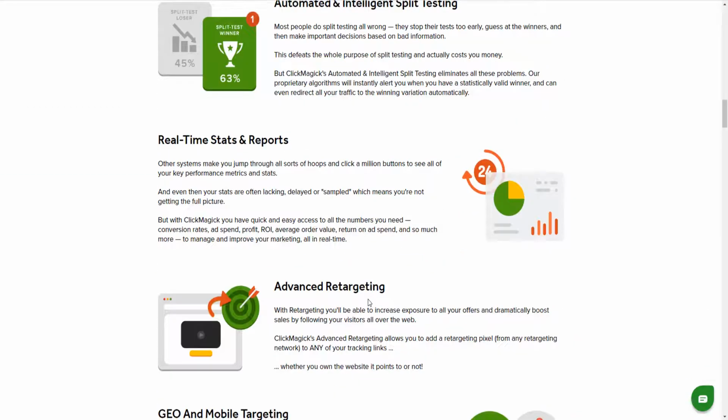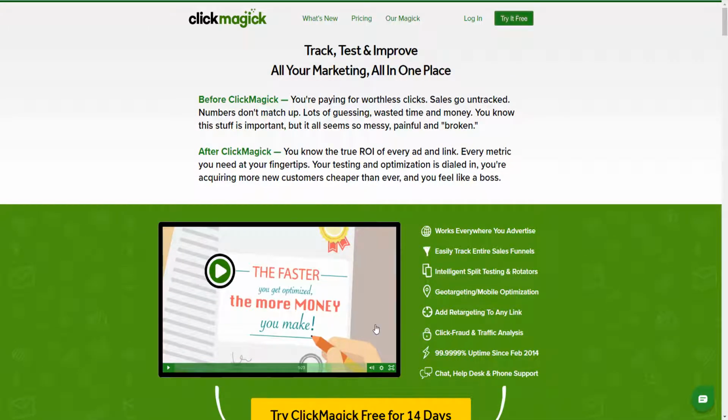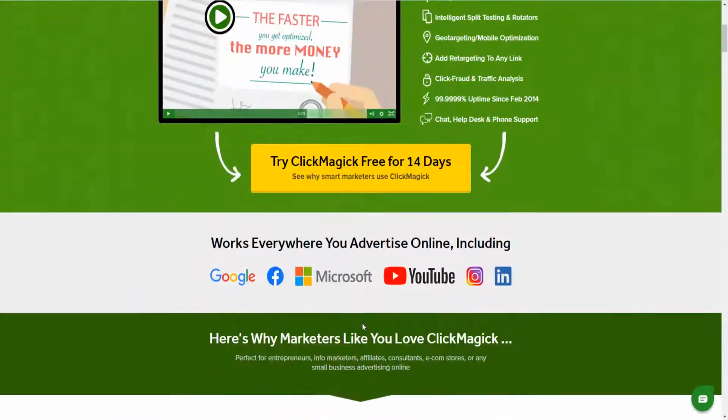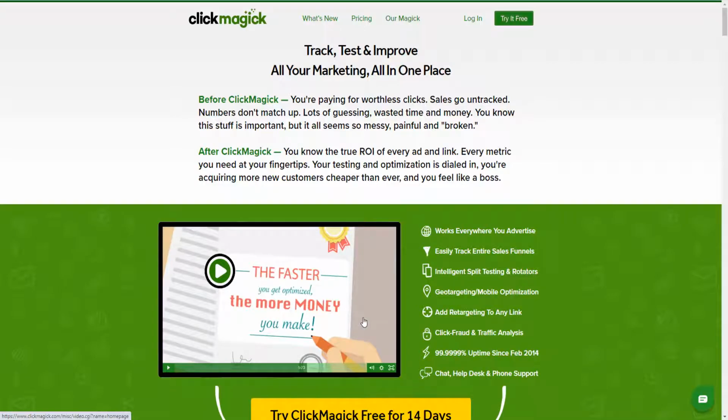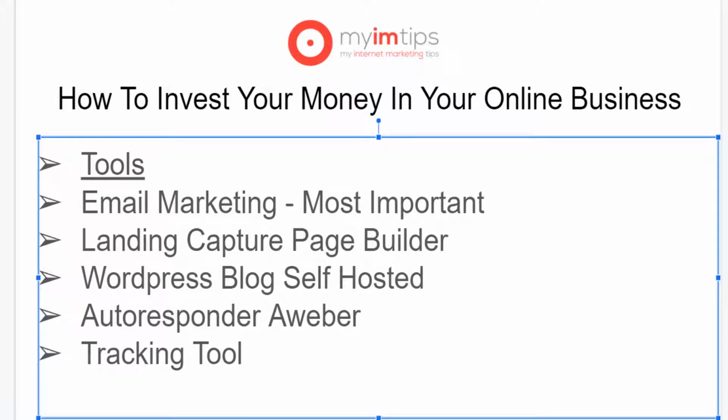Of course, you can do A/B split testing. I've been talking about this. It is where you split, let's say for example, that you drive 100 visitors. You send 50 to something that they're going to see in red color and 50 in black color, and you're going to see what has the best conversion, and you're going to improve the landing page and build it up from there. So this is a very important tool in my opinion. You do need to track and see what converts to improve it, especially if you're getting started with paid advertising. All right, let's go back here and continue.